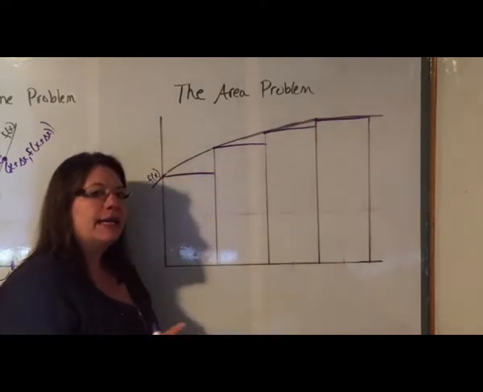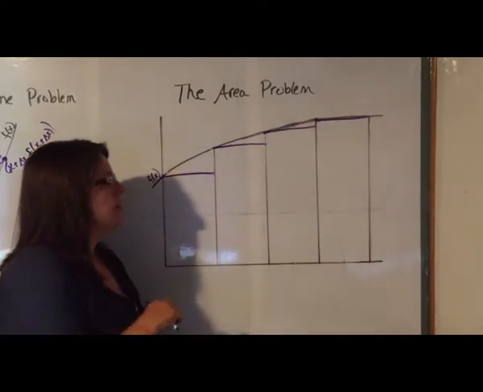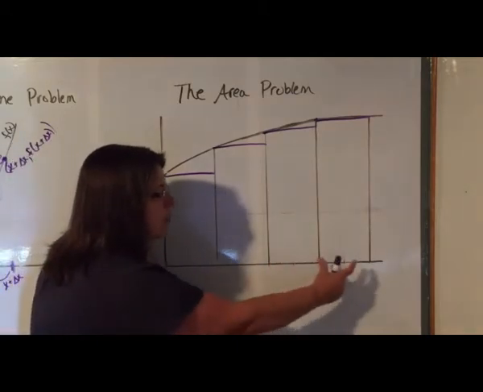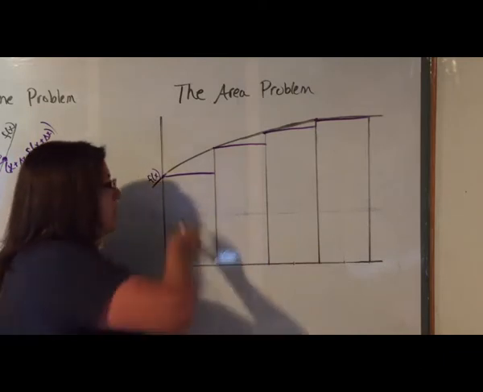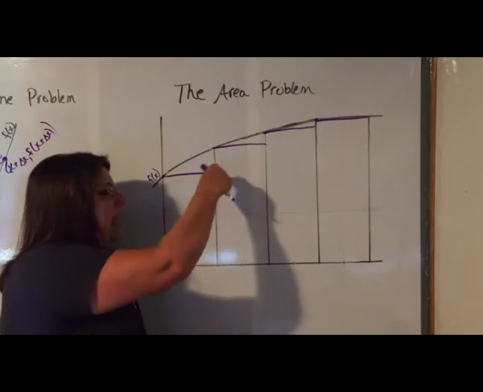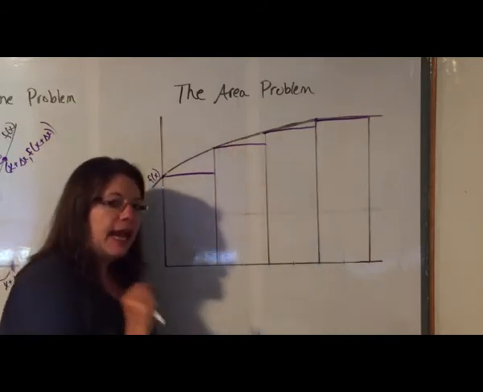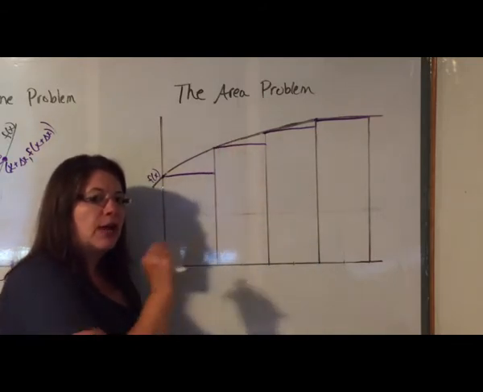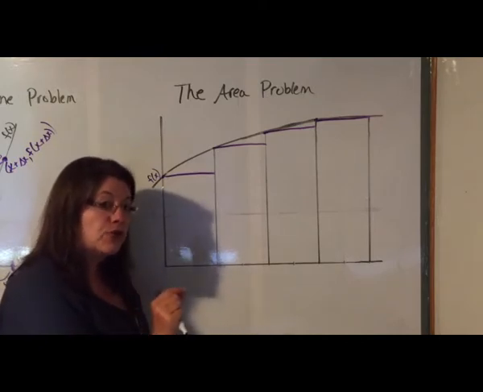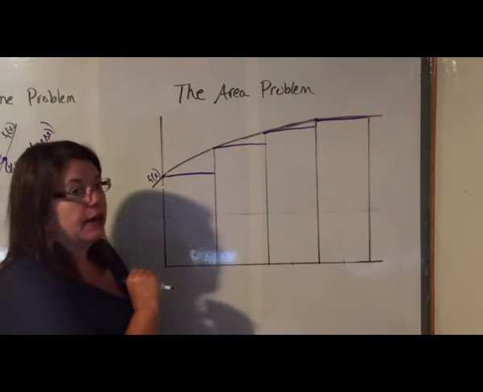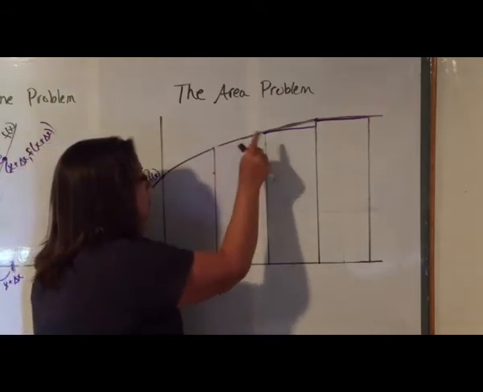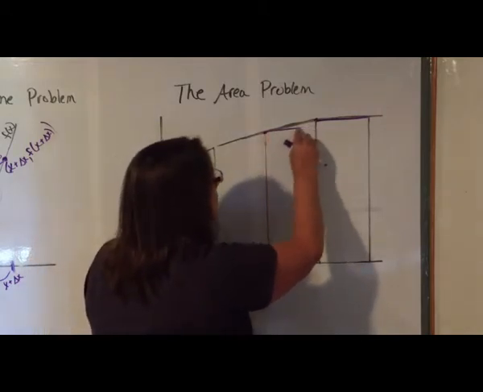And what we find as we do this is if we make the width of these rectangles smaller and smaller, putting more and more rectangles in here, and then drawing our lines across, the area that we get when we add all those rectangles together gets closer and closer, or approaches the actual area under that curve. So let me show you how that works. What if, instead of having 4